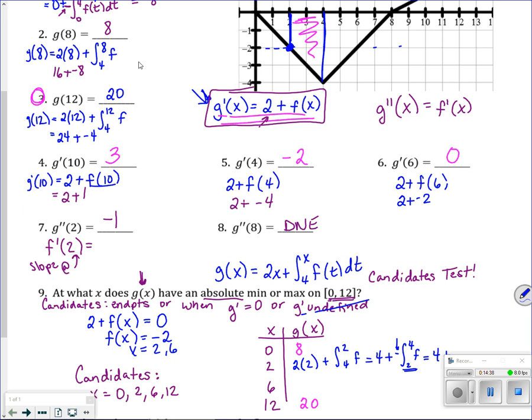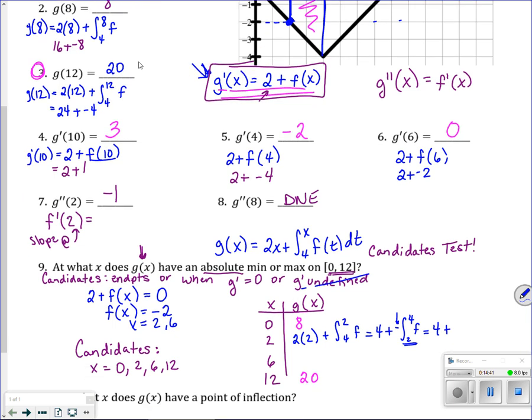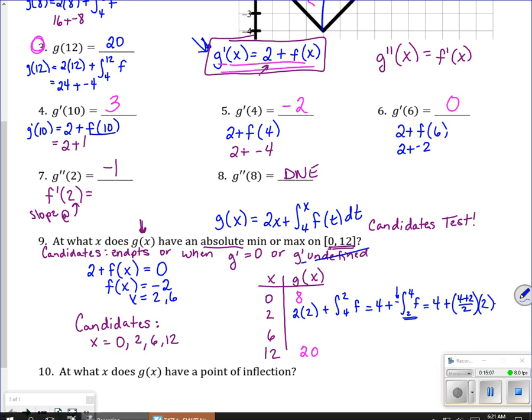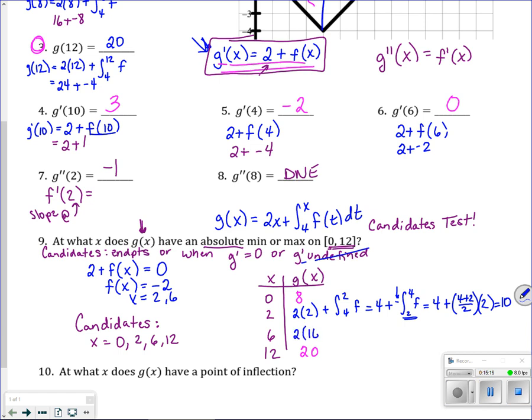Base 1 is 2, base 2 is 4. So I take the average of the bases. So base 1 plus base 2, what did I say? 4 plus 2 divided by 2 times, and then my height is 2. So I end up with, I get 6, 3, I get a value of 10. Now I have to do 6, so that would be 2 times 6, got ahead of myself there,